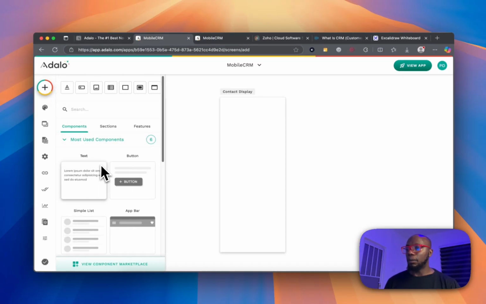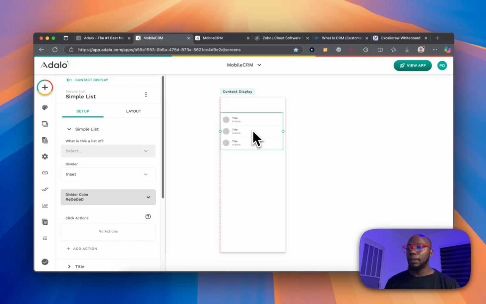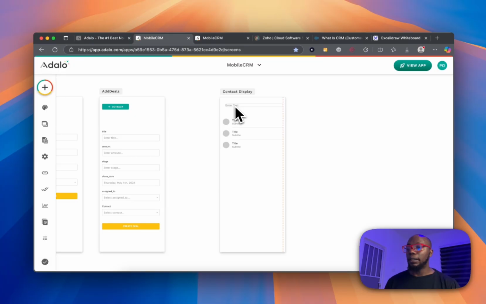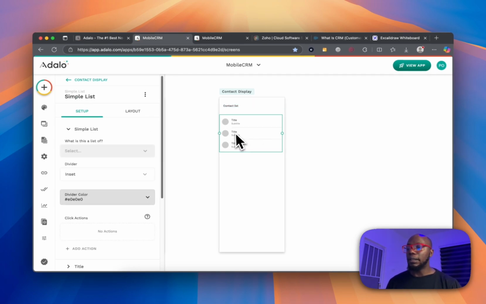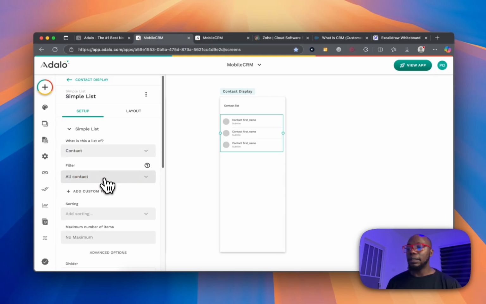I think that's way overboard, so let's take this one. Put it right here. So this is going to be our contact list, and we'll take your text and put it right here. And we'll say contact list, right? And we'll click on this data, click on this list, click on it, it's going to be contact, and